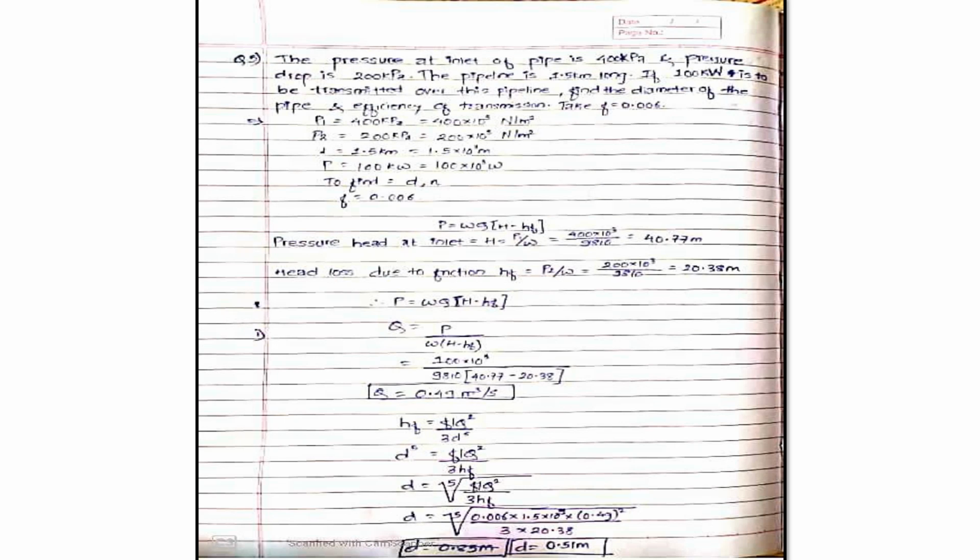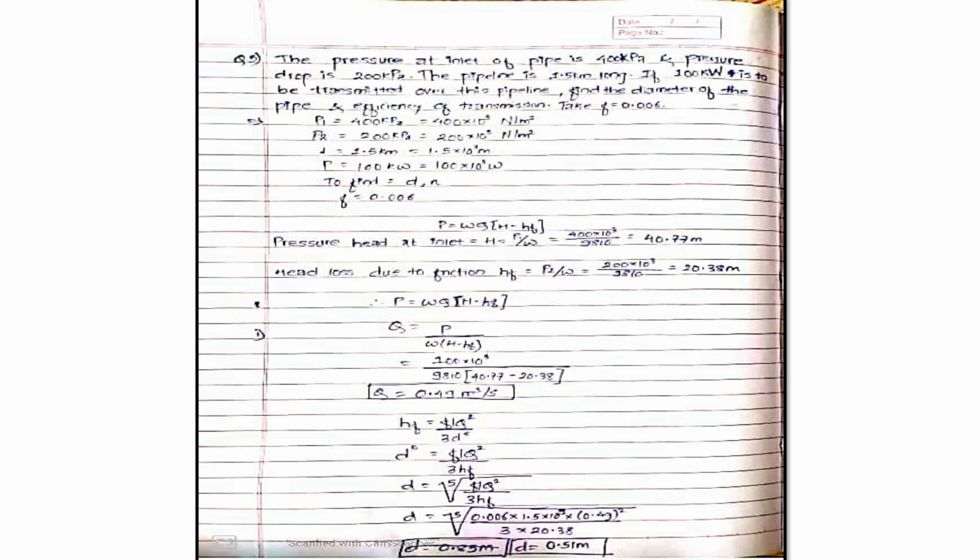So the given data here is pressure P1 400 kilopascal, that is 400 into 10 raised to 3 Newton per meter square. Pressure drop means after that pressure drop, P2 at the end of the pipe is 400 minus 200, that is equal to 200 kilopascal, that is 200 into 10 raised to 3 Newton per meter square. Length of the pipe 1.5 kilometer, that is equal to 1.5 into 10 raised to 3 meter. The power transmitted is 100 kilowatt, that is equal to 100 into 10 raised to 3 watt, and what you have to find is diameter of the pipe D and efficiency eta, and you have to take F is equal